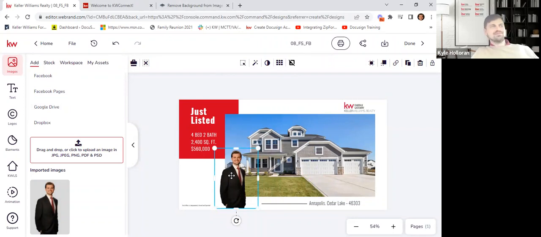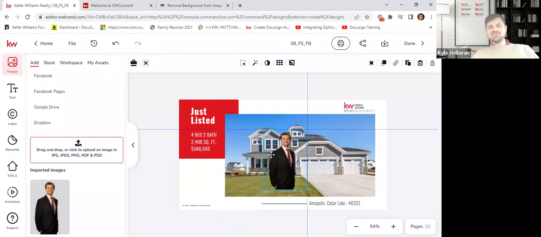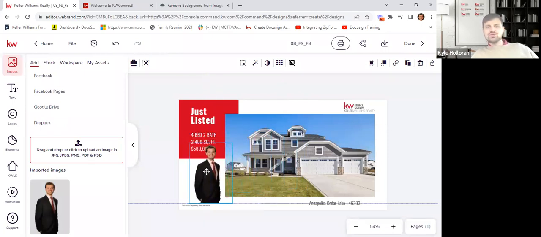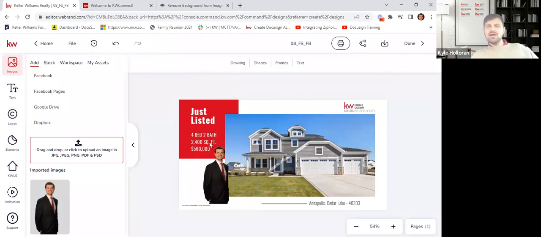I've seen agents upload for sale signs and drop a for sale sign in the picture, make it look like there's a for sale sign in the photo. Okay. You can do a lot of funny stuff, right? I've seen people drop themselves at the kitchen table, really small, doing funny different things. So again, that PNG allows you to come in and use that where I can drop myself right here and I'm overlapping right on the photo and the red background, and it's not squared off with a gray background. That would look super blocky. Okay, so that's a way that you could use a PNG and drop it onto the graphic and give yourself some personal branding.